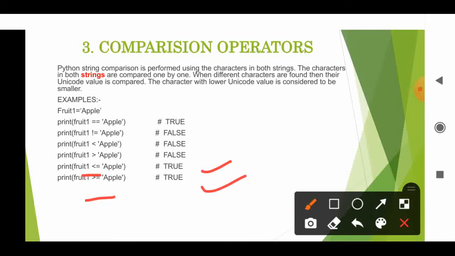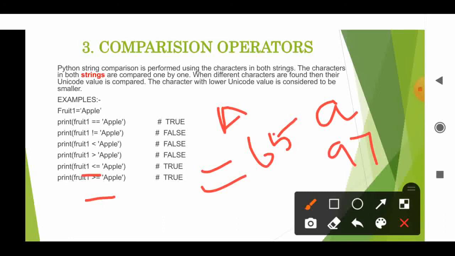How will this compare the strings? By using the characters: for the capital letter A, the Unicode ASCII code starts from 65. The small letter a starts from the value 97. Based on this, it will compare the characters one by one and display the result.